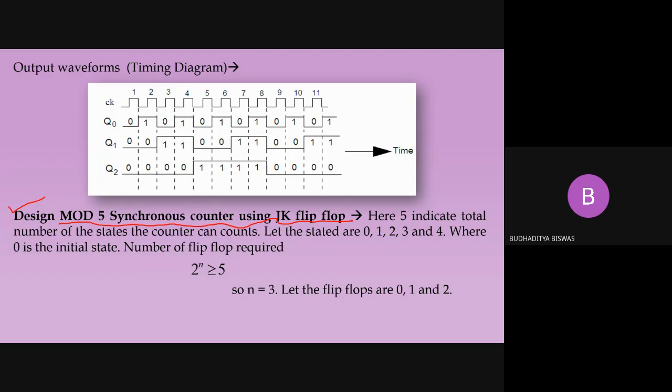That means how many ways the counter is actually producing the output. So a total of 5 steps are there. Mod means the modulus of the counter, and the modulus of the counter means the maximum possible output from the counter. So here total 5 steps are there, and if the steps are not mentioned, what will be the initial state? Only mod 5 is written here. So what will be the initial state? When you give the power, what will be the output of the counter?